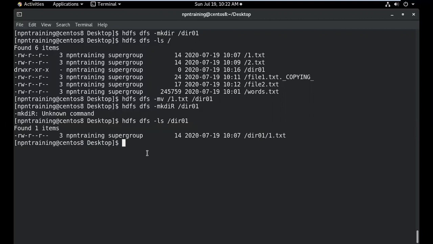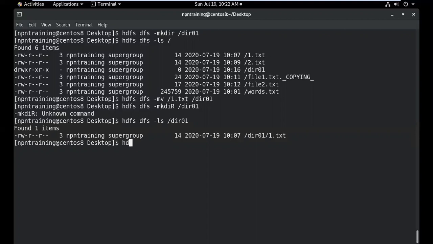change the replication factor for new files. For example, globally, I want to configure replication factor as 3, but only for a particular directory, I want to have a different replication factor. Maybe the data you get into the directory may be more important data, so I want more fault tolerance. So I end up creating a different replication factor apart from the global replication factor. So let me show you how to do that.